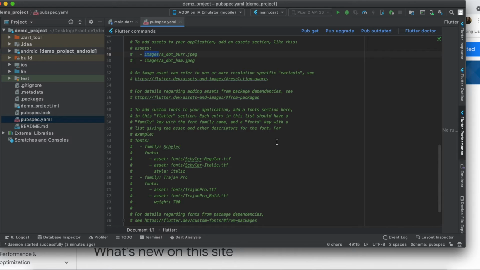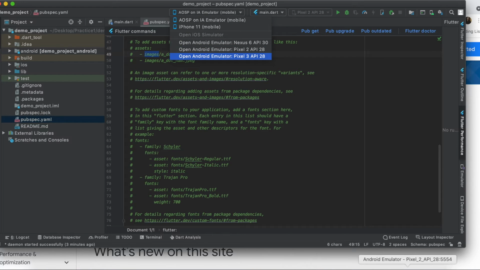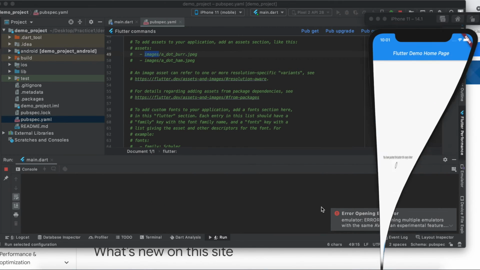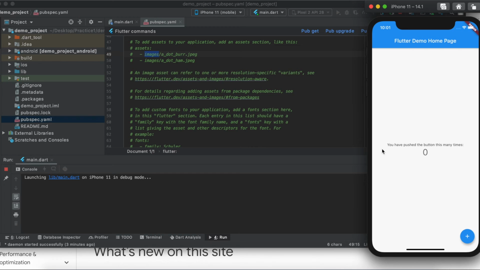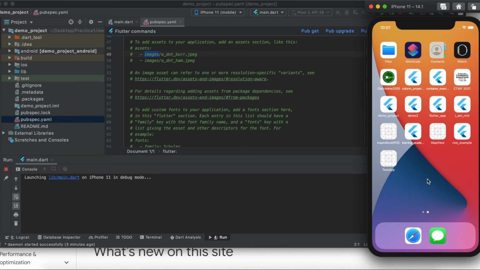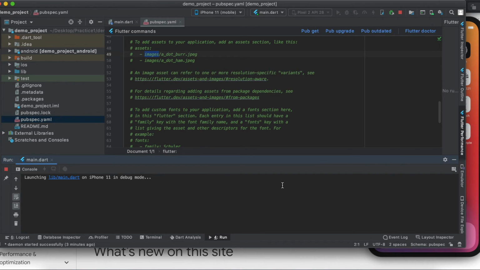Now to run our code, we have to select the emulator or the simulator. I already have this Android emulator, so I'll just open it, and there's one running emulator. I'll choose this and run my code on it.